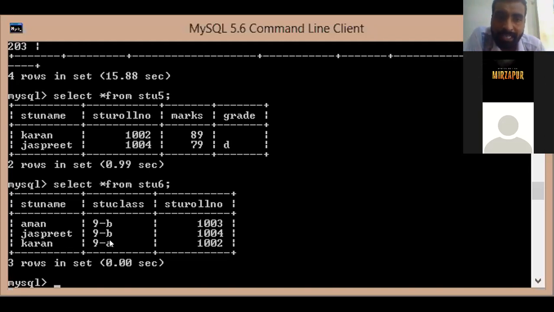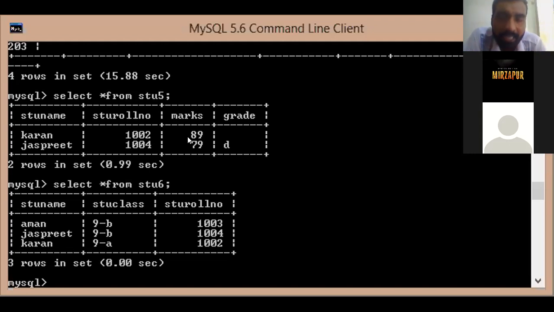And now you are inserting data from table 6 only STU name and STU roll number. You are not inserting marks or grade. Then what will happen? It will produce an error, because grade and marks have the not null condition, which means they cannot be left blank.